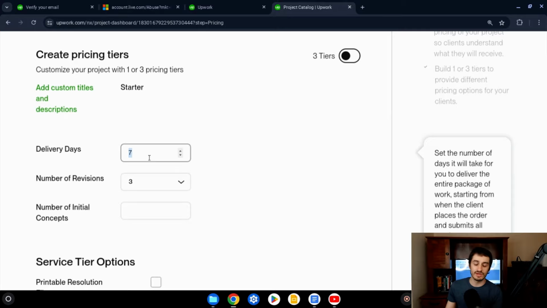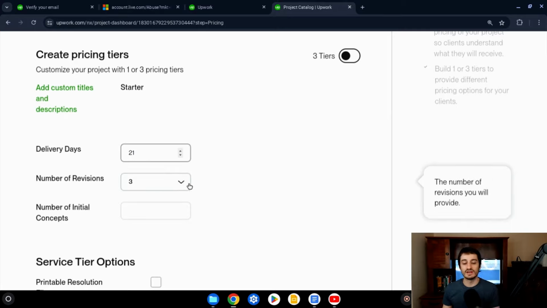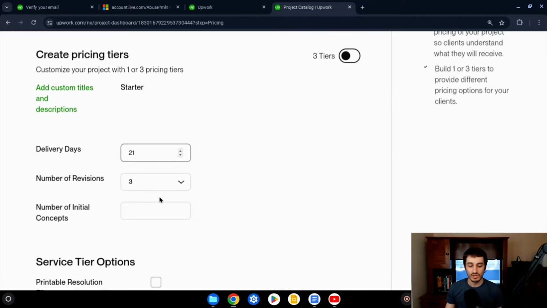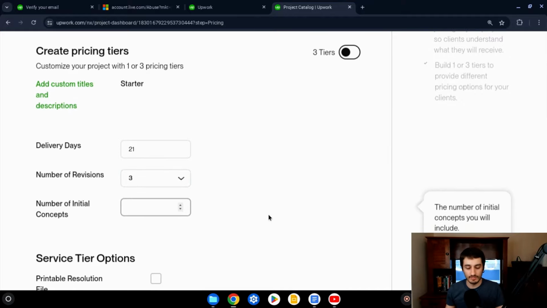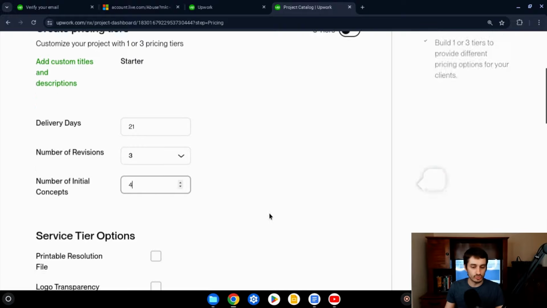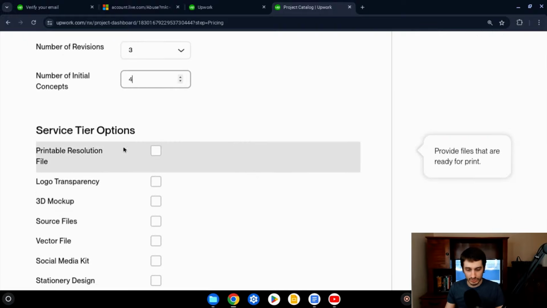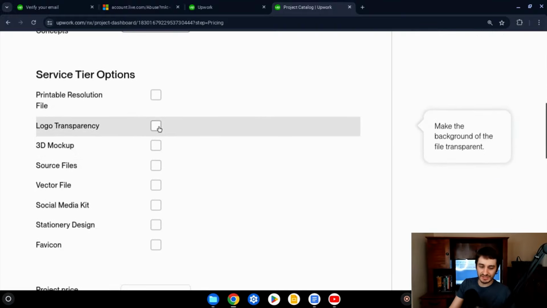And so delivery days, let's say we're going to say 21 days, taking into account that most clients are going to ask for just like 1 or 2 revisions, and sometimes 3. But like if I have too many clients at the same time, there's a really low risk that all of them ask for 3. So, you take all that into account to determine how long it's going to take. So let's say initial concepts, I'm going to do 4 different concepts, and you choose the one you want and that sort of thing. So tier options are basically